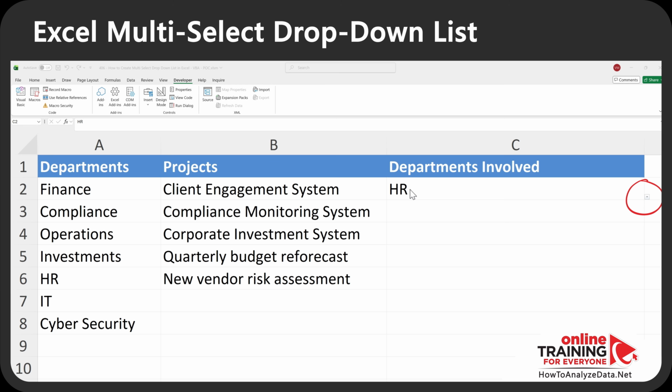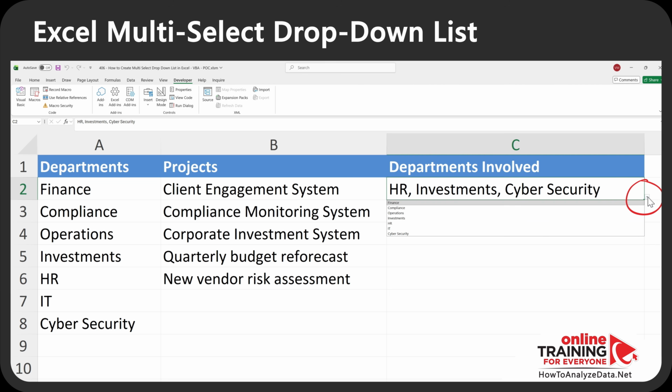behavior works. I have HR in my dropdown. I am going to add investments. Now there are 2 departments in the dropdown list, but let's not limit it to 2. We can add more. Let's add cybersecurity. Now we have 3. And there's one additional behavior that is very cool. If you want to remove something in the dropdown, you just need to select it again. For example, I am going to select cybersecurity, and you see that there are only 2 choices left, HR and